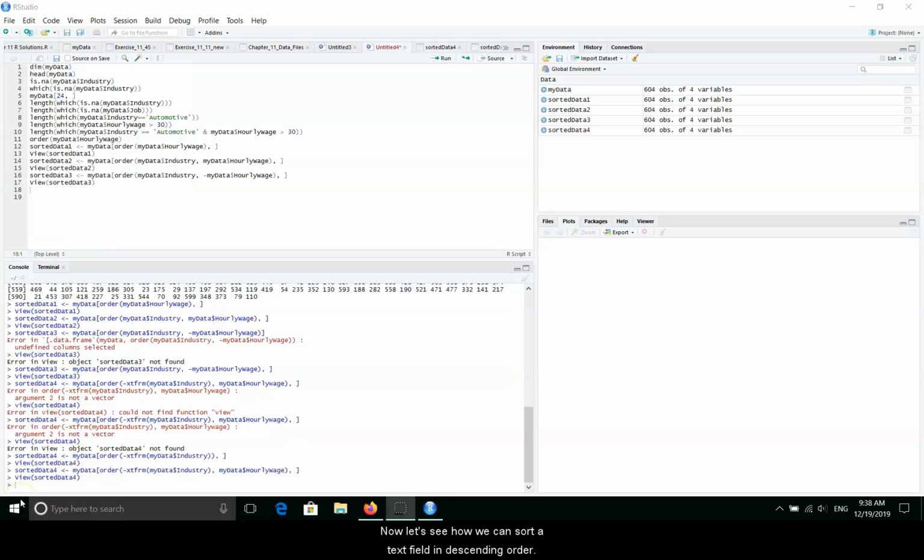Now let's see how we can sort a text field in descending order. In order to sort a text field in descending order, we need to use a different function called xtfrm. For example, let's say I want to sort the data first by industry in descending order, and then within the industry, I would like to sort the data by hourly wage in ascending order. So I'm going to store the new sorted list into a data frame called sorted data 4,